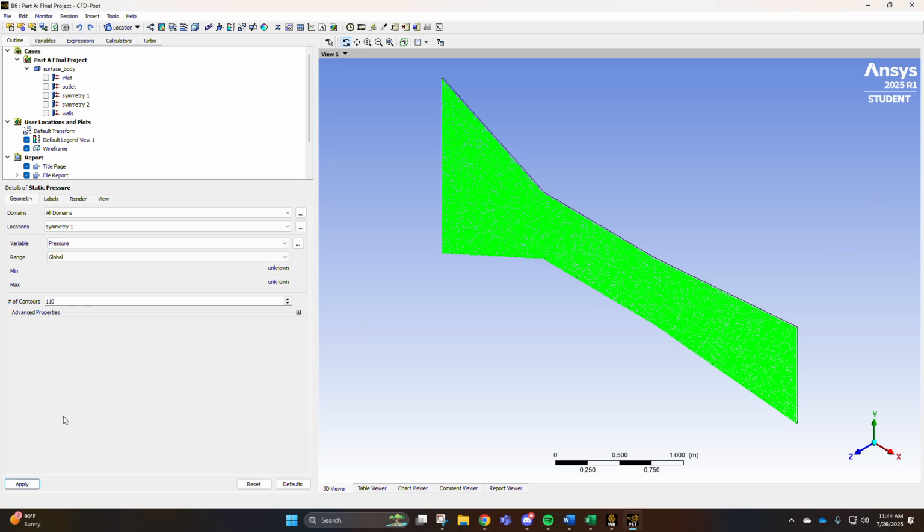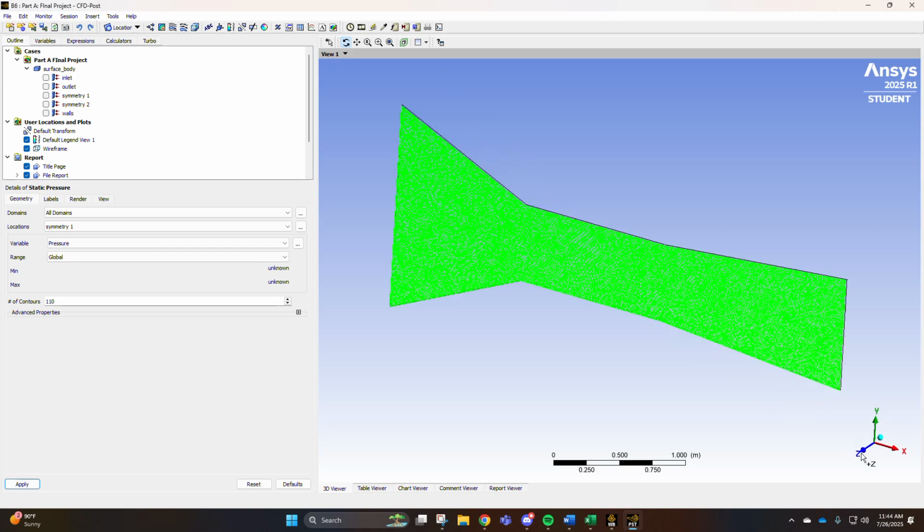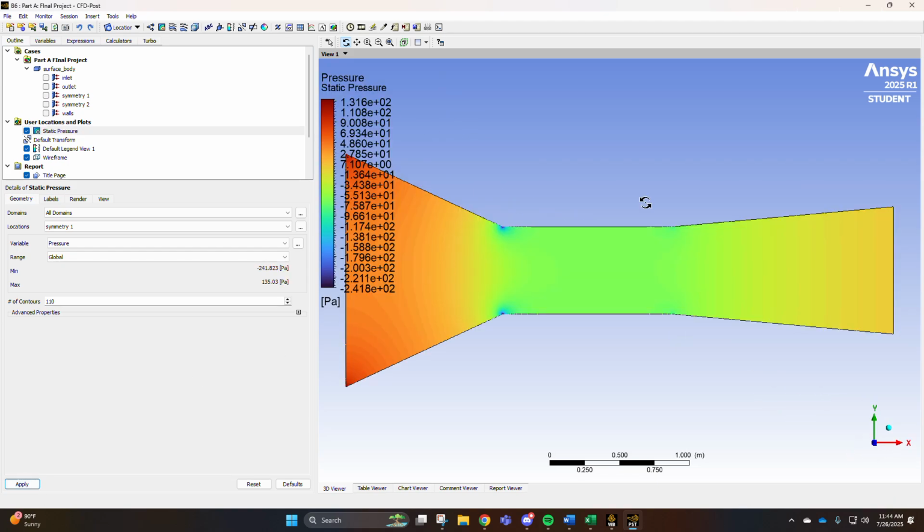Click on 110. Click apply. And as you can see, this is our static pressure, and I mean it's our regular pressure, but